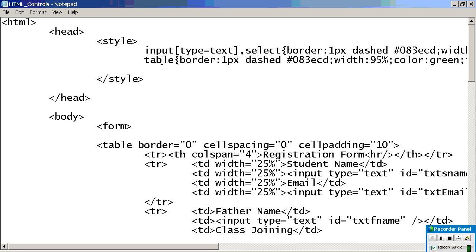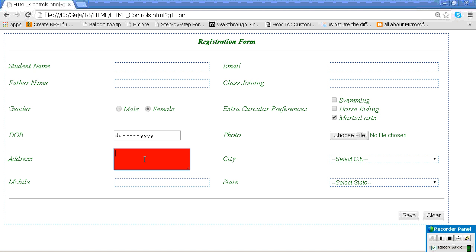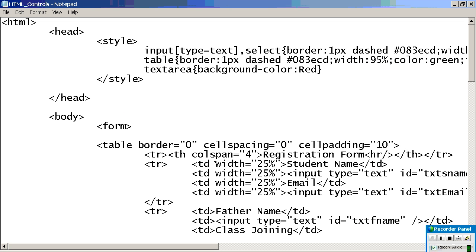Now, come on. I want to give some style for text area. Background color, with the color code. Automatically it is affected. Okay? Are you understanding? So everything is in your hand. It's better to always go for the dot only, then you should go for without dot if you want to apply the same style for all of the kind of control.